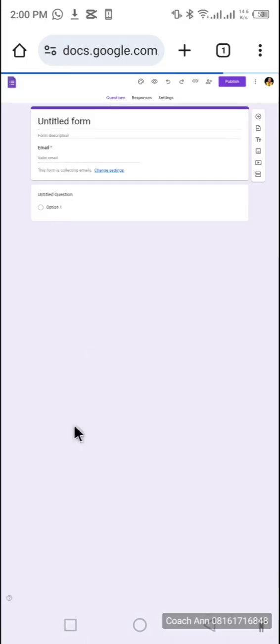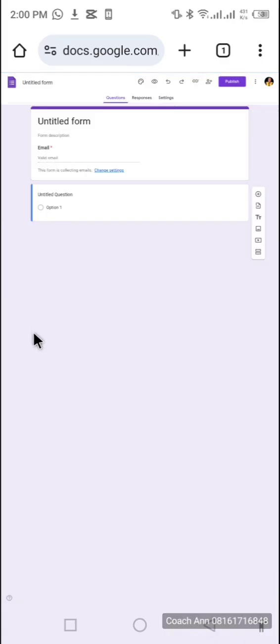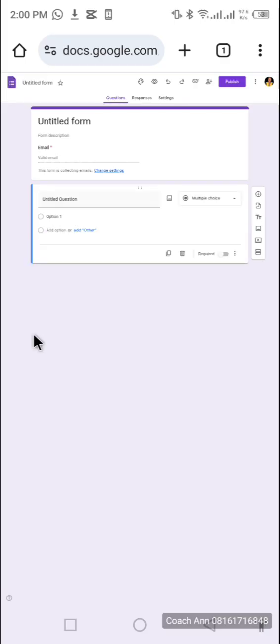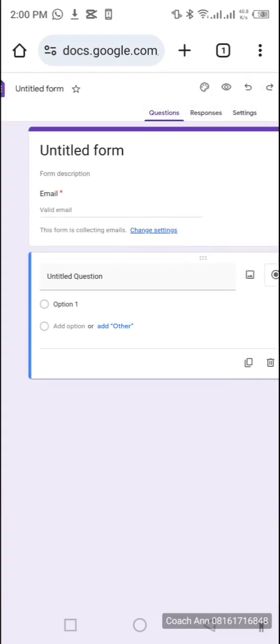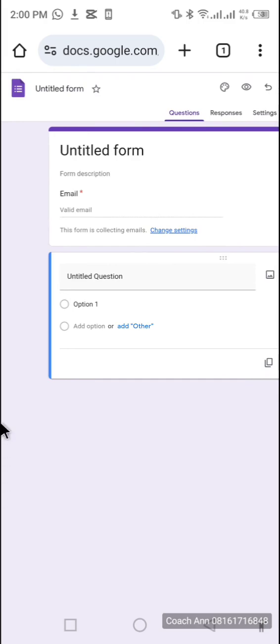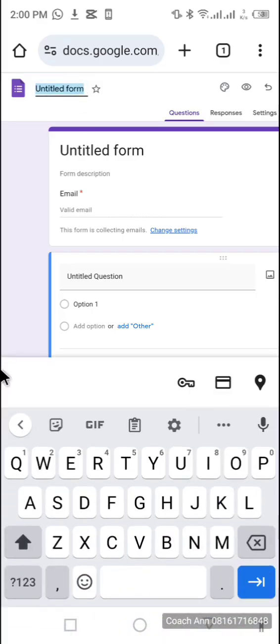Now this is a blank form. I want to show you how you can customize this to your taste. The first thing we're going to do is this. We'll come over to this place. Let me zoom in a bit. Can you see this place that says untitled form? You come to this place here, place your mouse pointer there, or just click, then you type the title